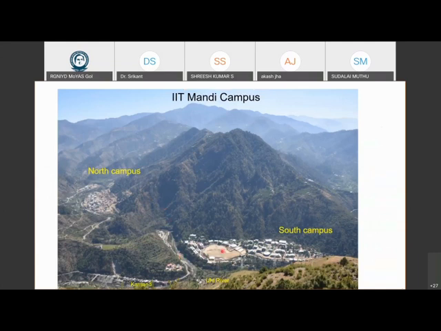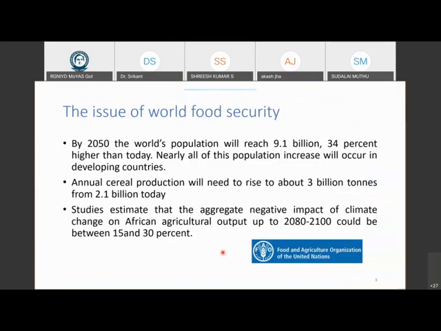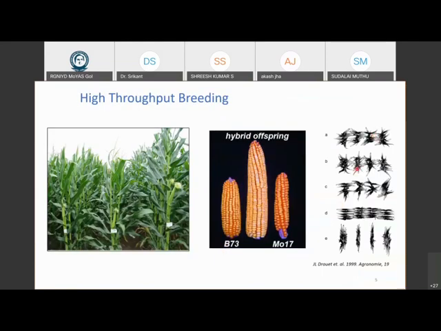Whereas if I'm growing in some plain region or I'm in Punjab or somewhere, then I really don't need to worry which variety. I could have variety A or B because it'll have sunlight from all directions. So the point is that this is where data science comes into play. When you want to understand geographically, according to different climate types, different regions, what is the best way to grow crops, you need to collect a lot of data.